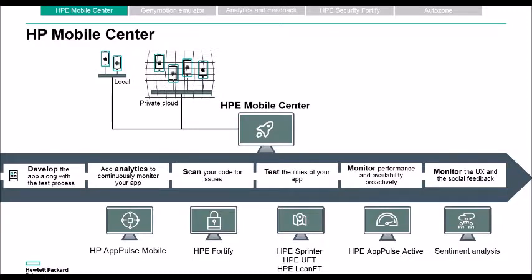And the beauty of it is that Mobile Center includes network virtualization, which allows you to simulate any network conditions. So we know that the secured rooms sometimes do not allow access to 3G or 2G or any network. So by including network virtualization from HPE, we're allowing the devices to work as usual.